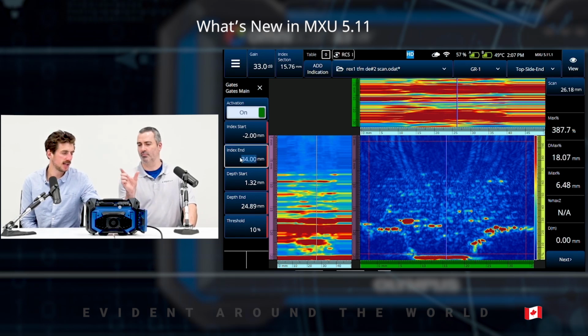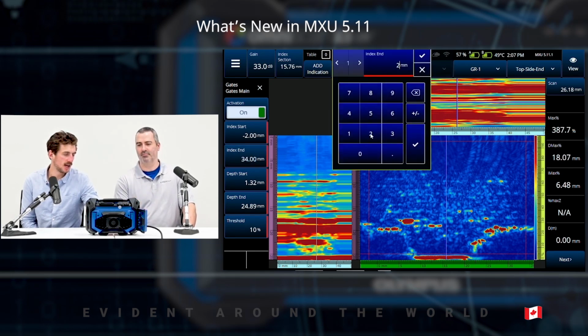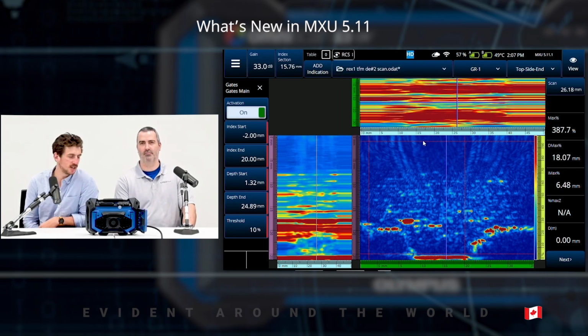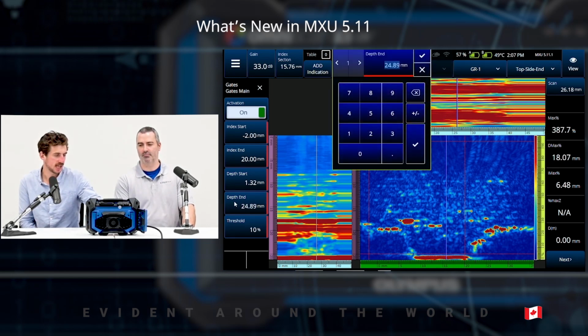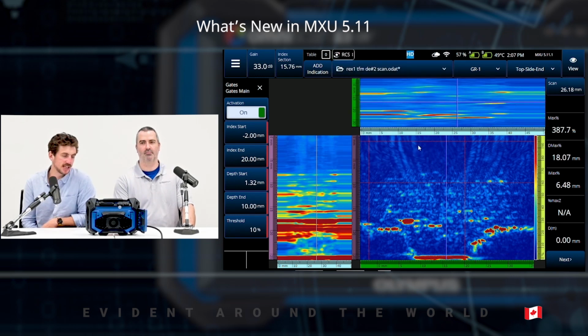So if I change my index end to 20 millimeters, we can see the data that is no longer included in my gate was removed from my side view. And the same thing with my depth. If I change the depth, say to 10 millimeters, everything that is no longer included in my gate is removed from my end view.